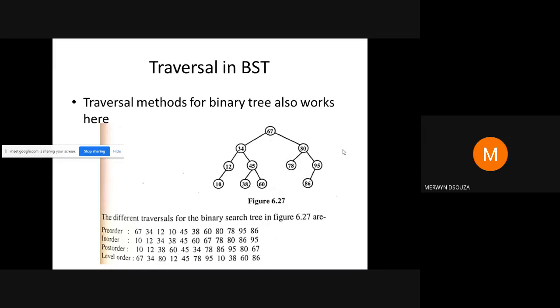It's not going to change. You can take a screenshot of this. Just remember that in a binary search tree also, traversal methods are the same as a binary tree.